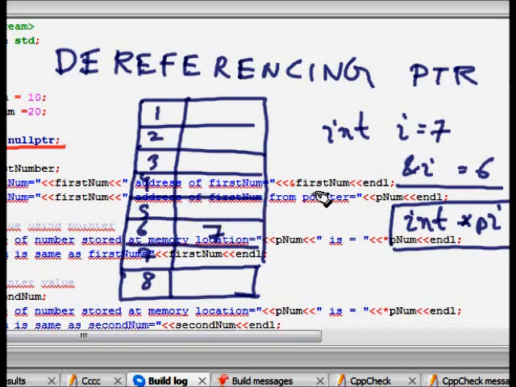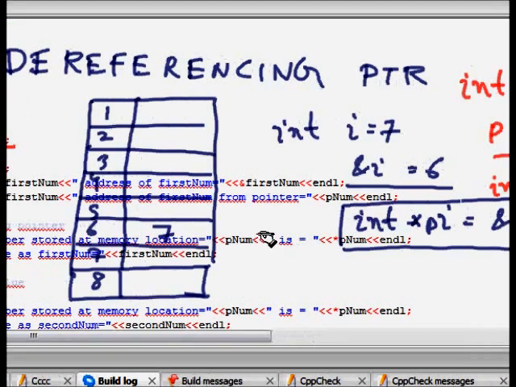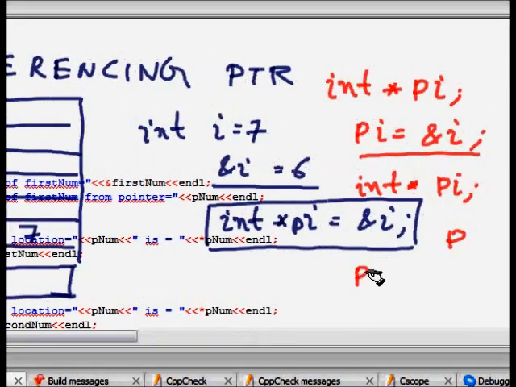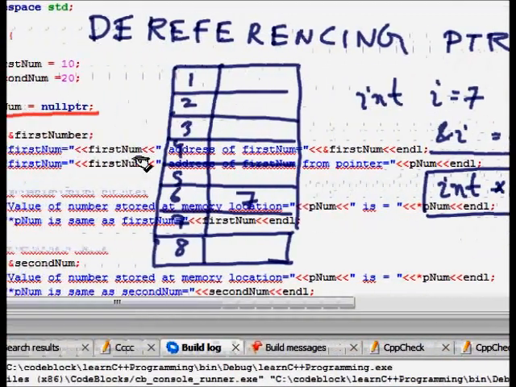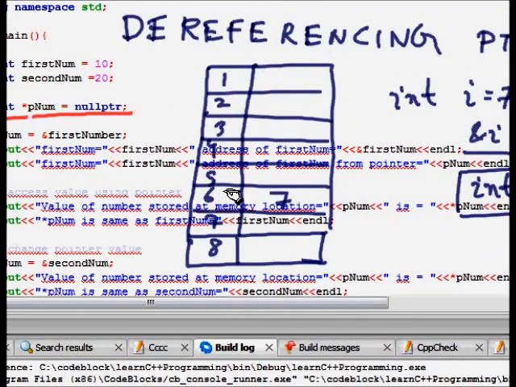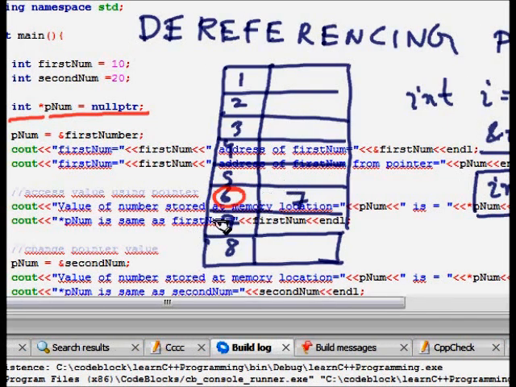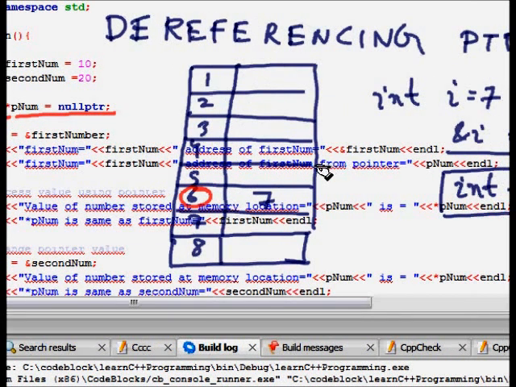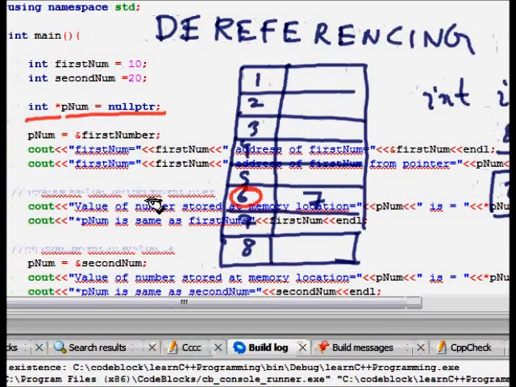Now let's see the other way around. I know that in memory location 6 in my computer, I want to find what data is there. Instead of finding the memory location for a variable, I now want to find, in a given memory location, what value is stored.